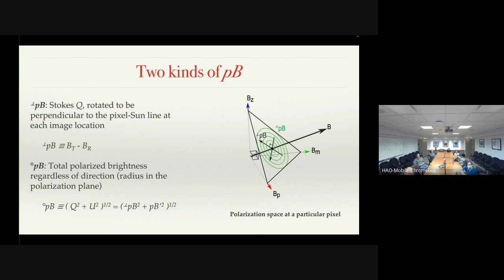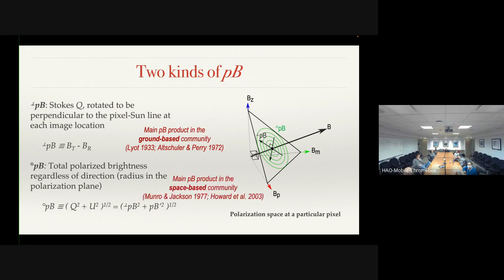Now, perp PB is the main PB product used by the ground-based community, right? This goes back to Leo, Altshuler, and Perry. The various HAO coronagraphs have been designed to take advantage of this BT minus BR, right? I mean, the Mark II, for example, had a linear detector that scanned radially, and so it physically mapped out this BT minus BR. In the space community, ever since Monroe and Jackson, everyone's been using this angle-independent PB,